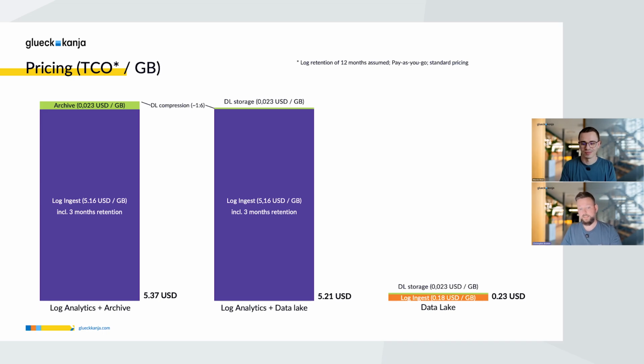If you ingest directly into the data lake, this is the summary of our ingest costs if we go through that way that Marvin just showed on the last slide: 18 US cents per gigabyte plus the $2.3 per gigabyte for the storage. So we are dropping to $23 US per terabyte. And this comes with a price, so we can't use this data directly